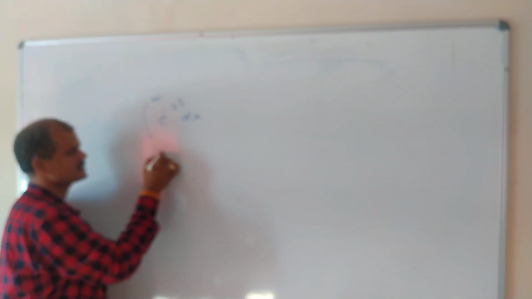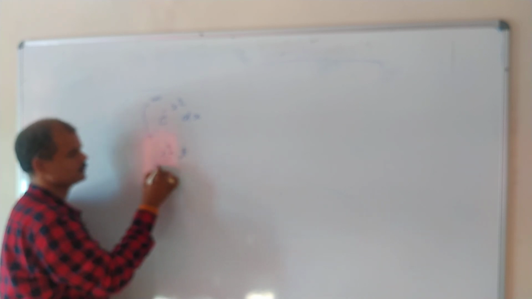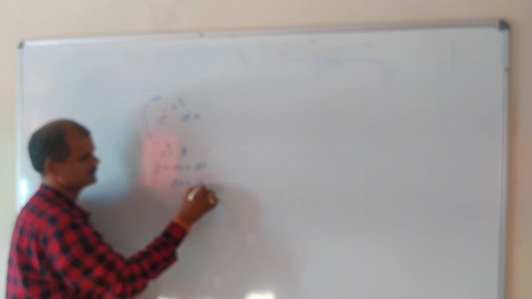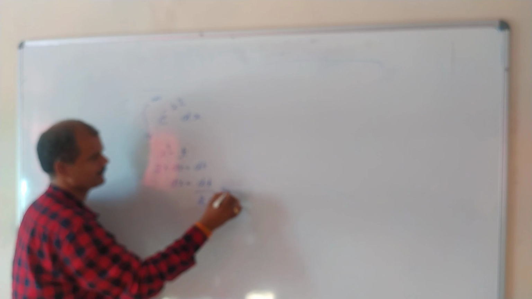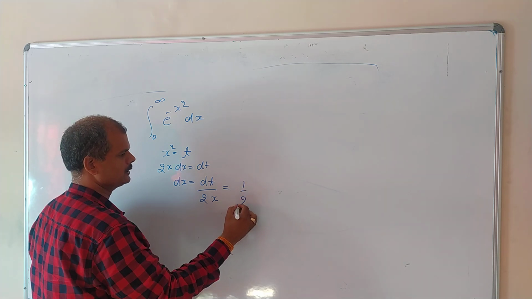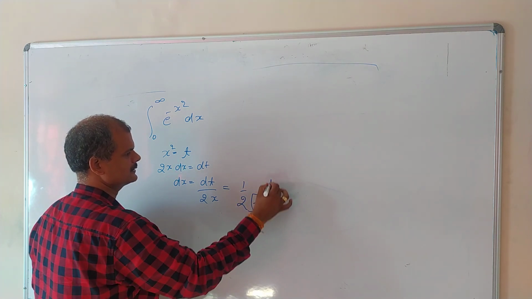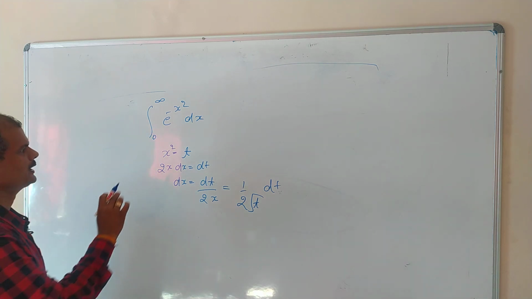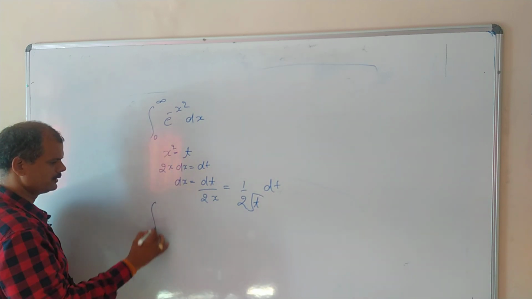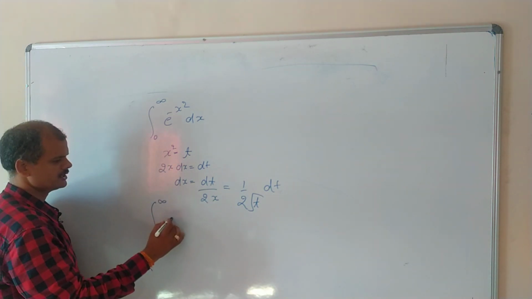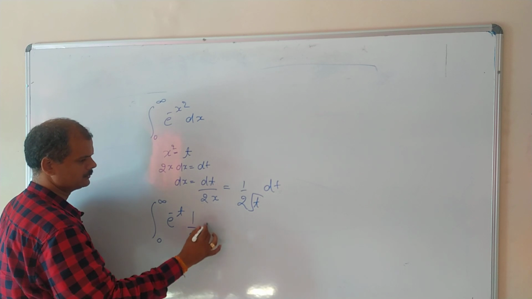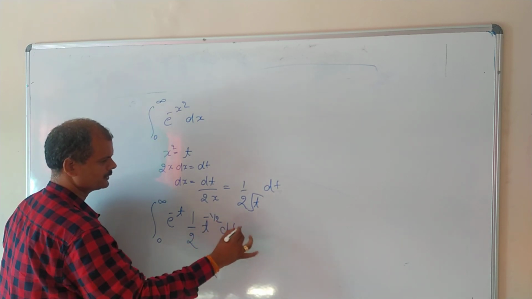So it's very simple, we'll take x square equal to t. So 2x dx will be dt, so dx will be dt by 2x, and x equal to root t. So we get 1 by 2 root t dt. Fine. And limit: when x equal to 0, t equal to 0, x equal to infinity, t equal to infinity. So the limit will be as it is, 0 to infinity e power minus t, and dx